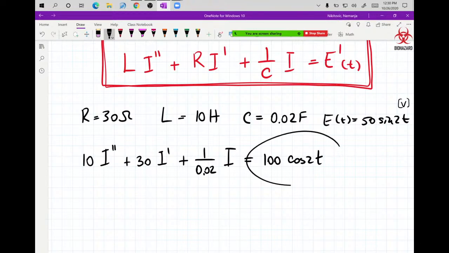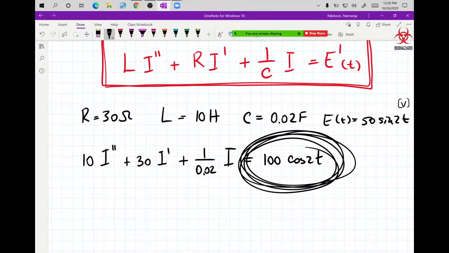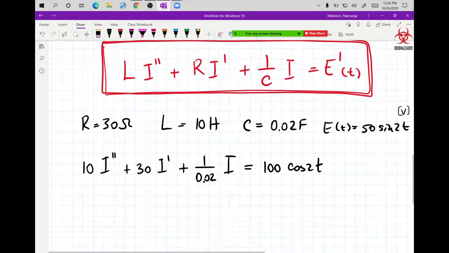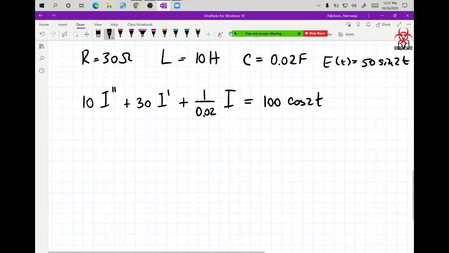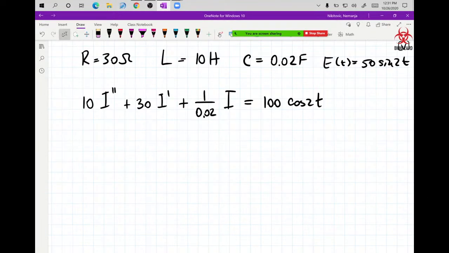Usually this is where the grade dies, right? Because you forget to take the derivative of the source. So in order for you to have the equation in terms of current, which is what we want, you have to have a derivative there. If you want to solve the equation through charge, which we never need, then it's just E. Anyway, 1 divided by